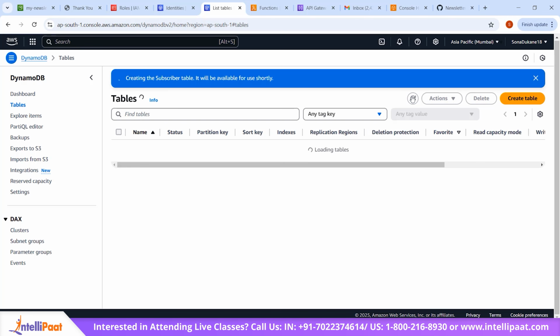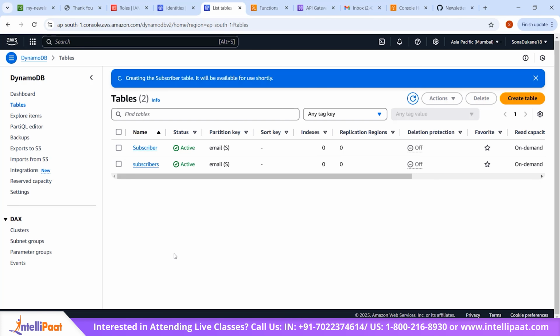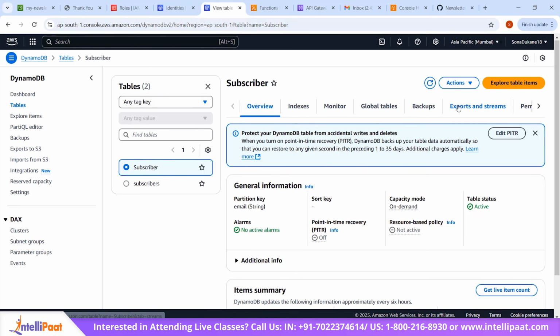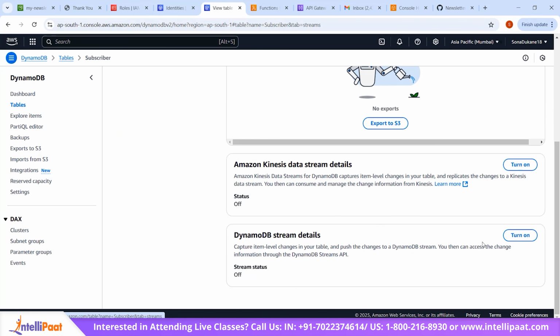Now it will take some time to create, and here it is. This is the table that we have created just now. Okay, so another thing is, go here, go into the exports and streams, move to the last option, and you will see this DynamoDB stream details. Turn it on,